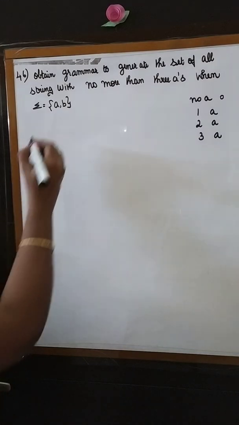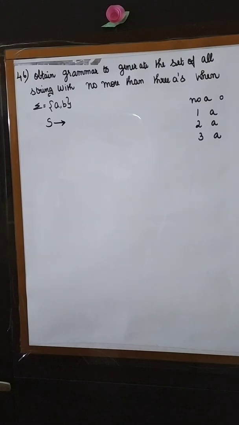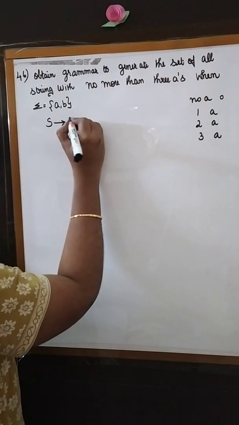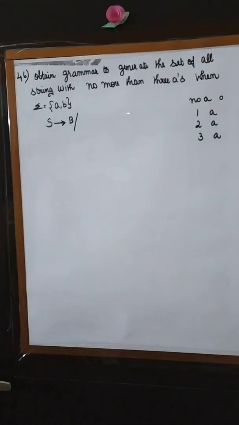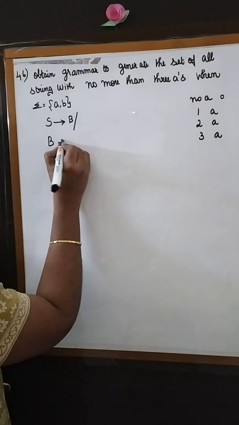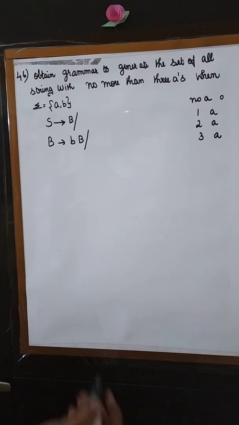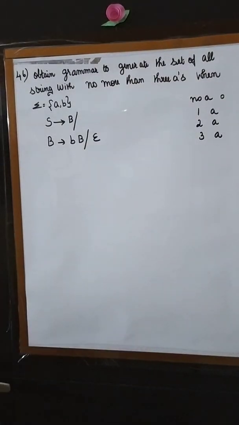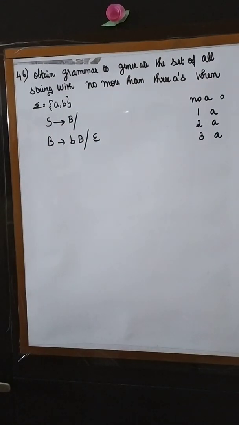So for this we have to write the production. S arrow mark. You can have only the B, since they told you that A cannot be there. So B can come for n number of times. Since they didn't mention the length, I am going to give epsilon here. So in the start symbol, you can have only the B's alone, which means A is not going to come here.